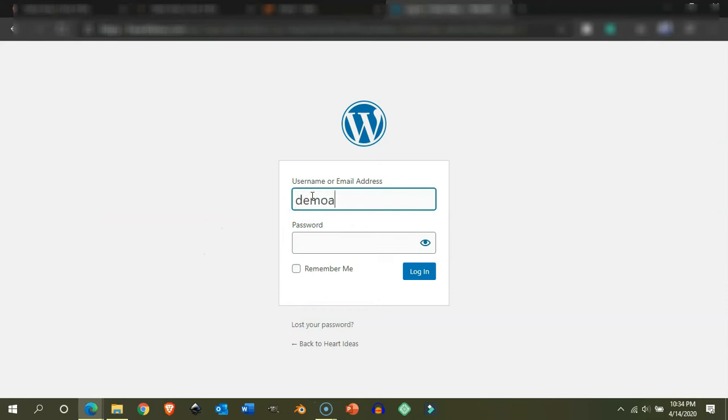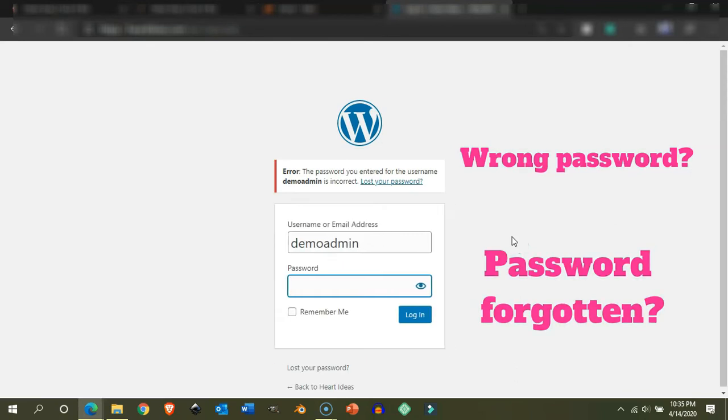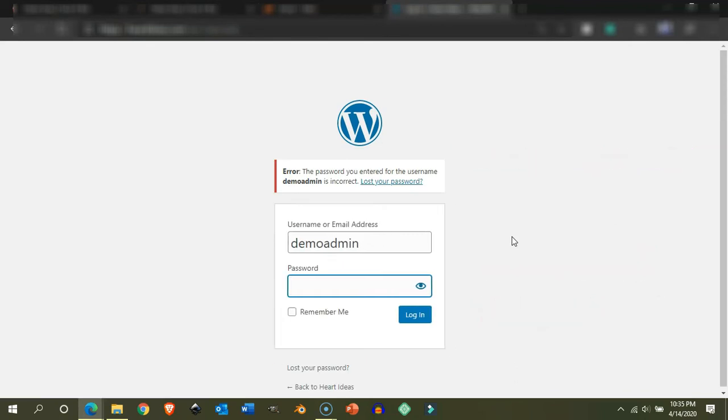Sometimes we may forget the WordPress login password, and sometimes resetting with email ID may not work. In that case, it is very easy to reset the password using cPanel. To do so, log into your cPanel